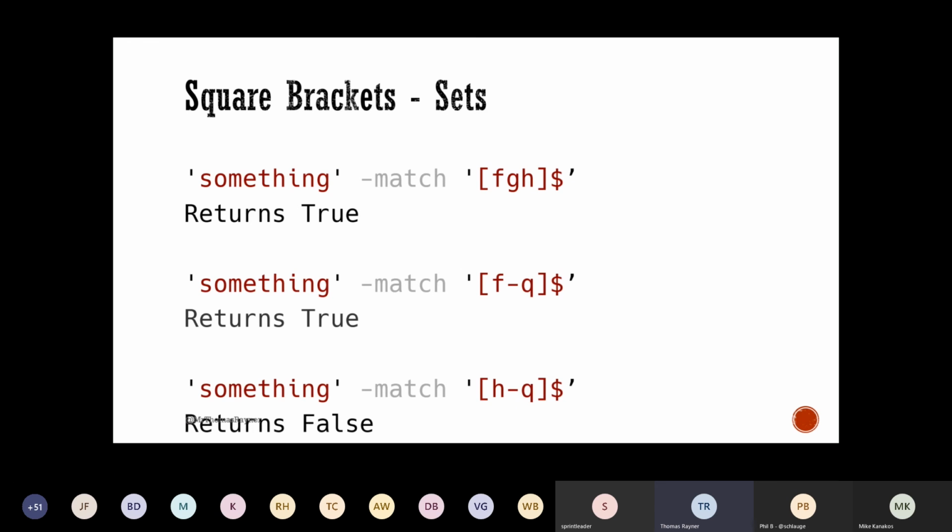Here's another example though. This one's false because I'm looking for the end of the line, and the character before it has to be between H and Q. And G comes right before H if you remember your alphabet. And so end of the line, but that's a G, which is not between H and Q, so that's not found in there, which is why it returns false. So it's really valuable when you want to say, this could be like 11 different characters. I don't know which it's going to be, but it's got to be one of them. So you enumerate them with a set here.